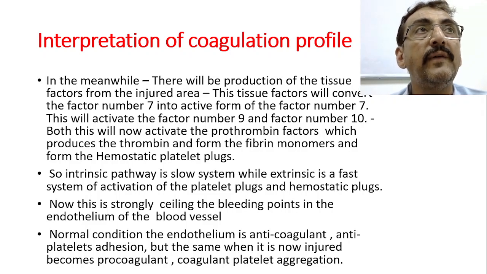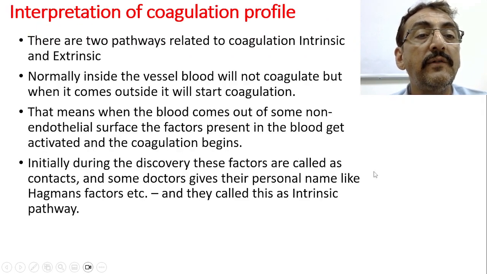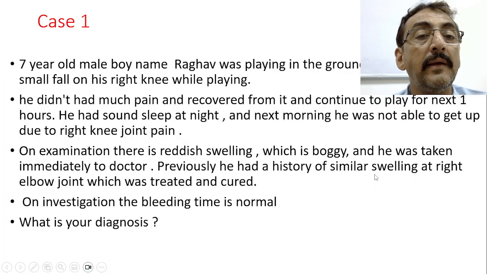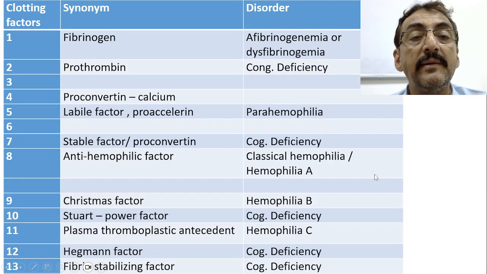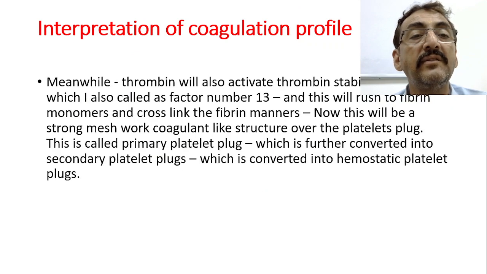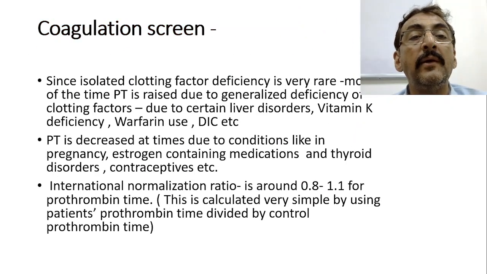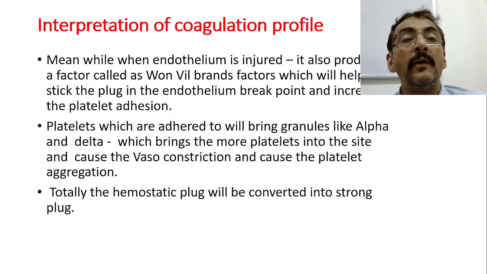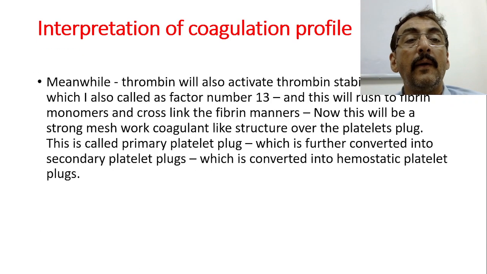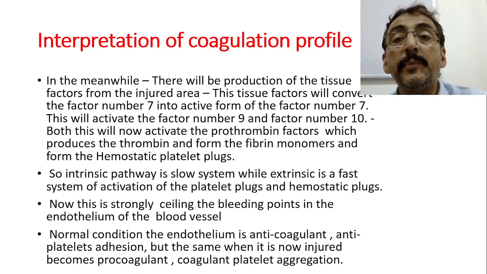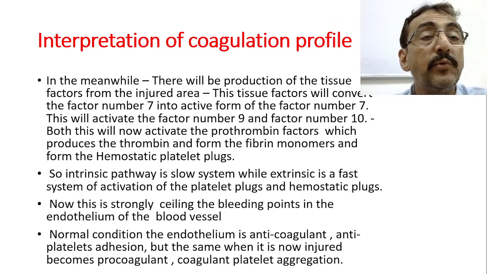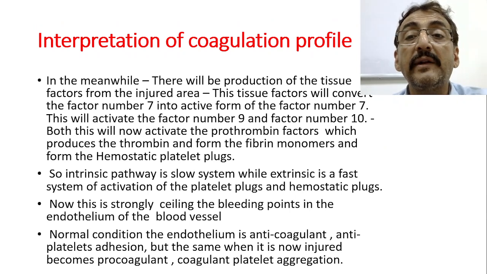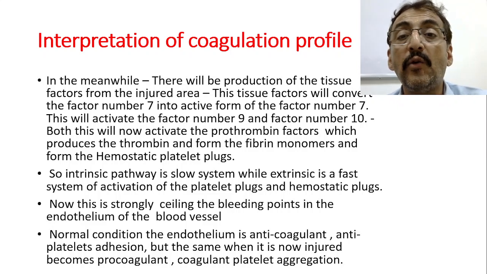What is factor number 7? I hope you know factor number 7. It is called pro-convertin. So there will be production of the tissue factor from the injury. These tissue factors will convert factor number 7, that is pro-convertin, into the active form of factor number